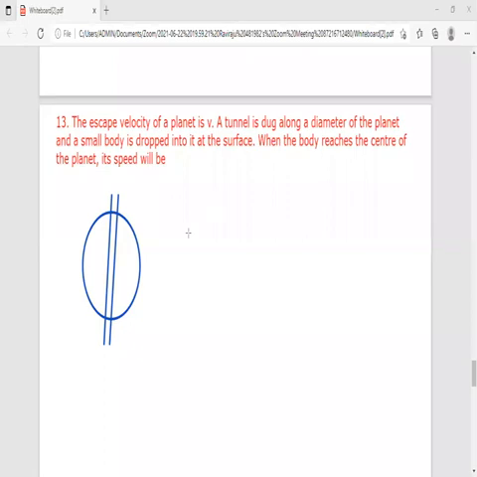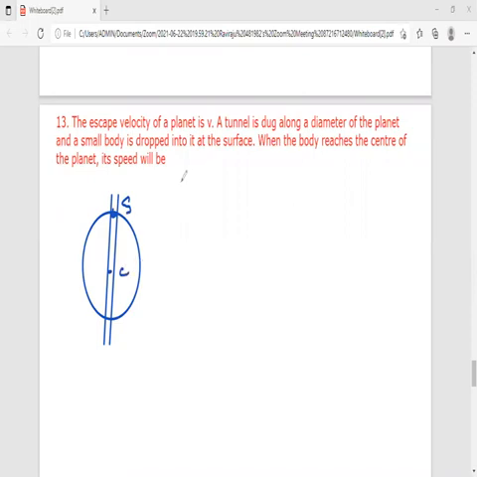How much kinetic energy does it attain? Initially, on the surface, it is just dropped. It was not projected. Drop in the sense that the initial velocity is 0. So what is the initial kinetic energy? Let me consider 2 points here. One point is here, point A, on the surface, and this is the other point, let me consider C.